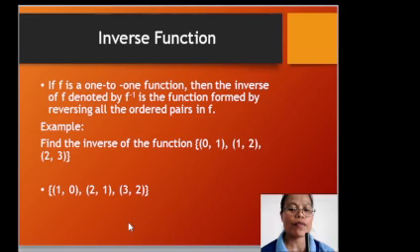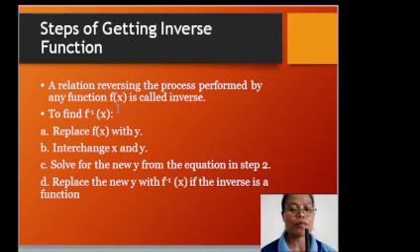Now there are steps of getting the inverse function. Our relation, reversing the process performed by any function f of x, is called inverse. So we have to find the inverse of x. There are 4 steps to follow. Replace f of x with y, interchange x and y, solve for the new y from the equation in step 2, and replace the new y with f negative 1 of x if the inverse is a function. Example,